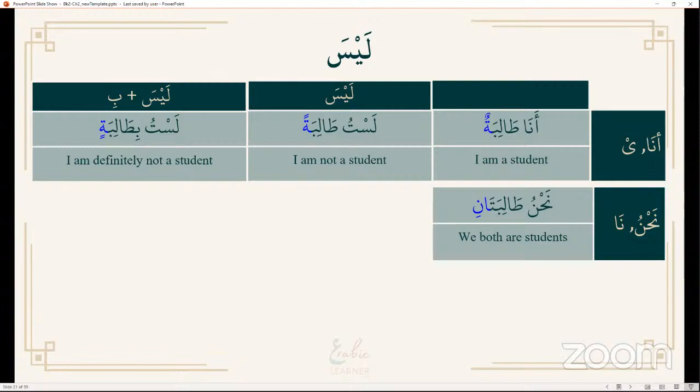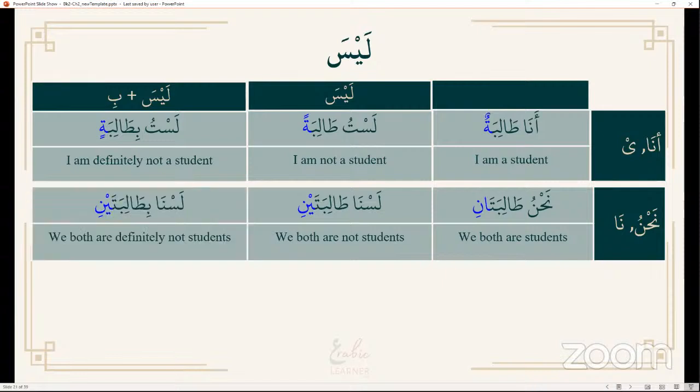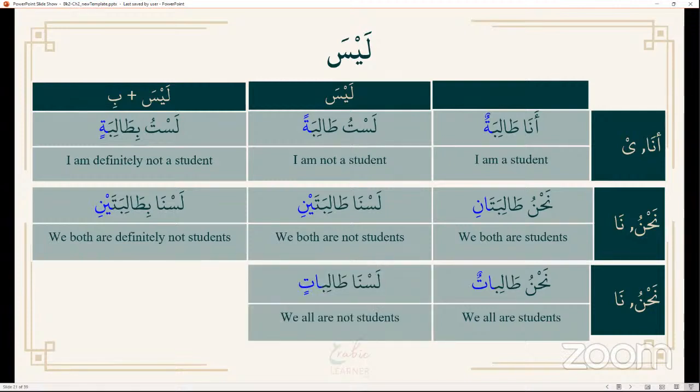Lasna talibataini. Good. And with B, lasna bi talibataini. Now, nahnu talibatun. Lasna talibatin. Good. And with B,